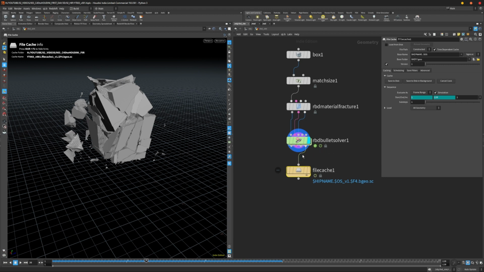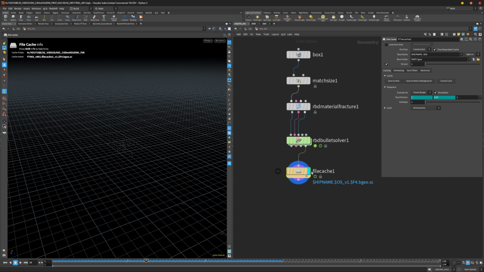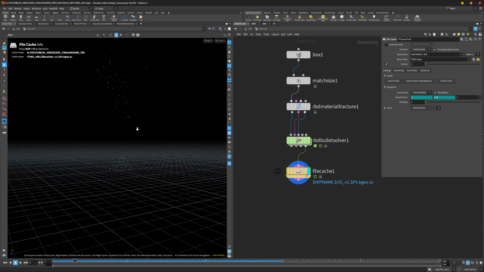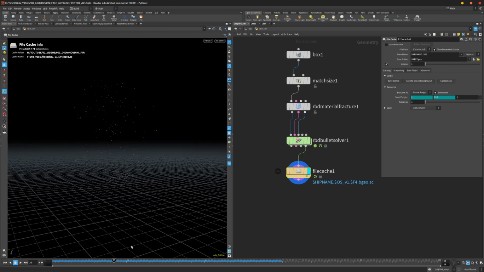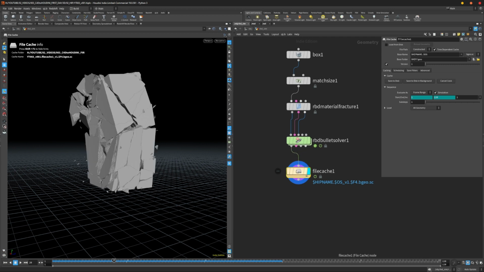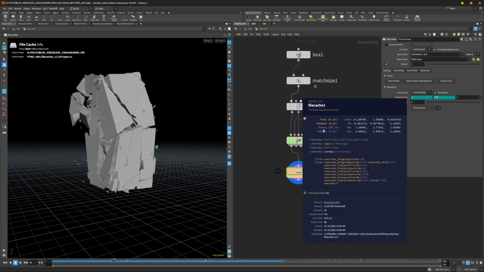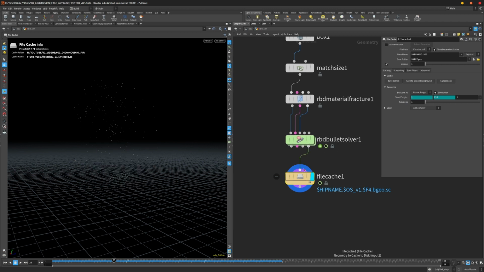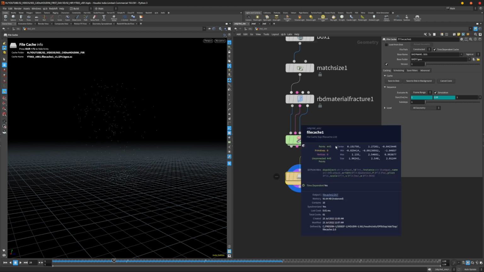So we're going to connect that to the points. And we're going to hover over the file cache, and you can see we only see these points here. Okay. So this is what we're going to be caching out, this versus this. All right. So if I click this right now, you see that we have 78,000 polygons, 286,000 vertices, 78,000 primitives. Okay. We don't need to cache all that information. All we need is the information from the points. And if you look here, we now only have 445 points, and our memory that will be used is 91 kilobytes versus